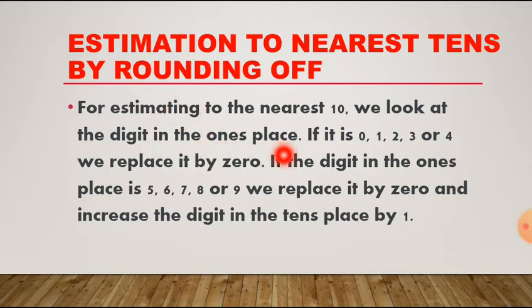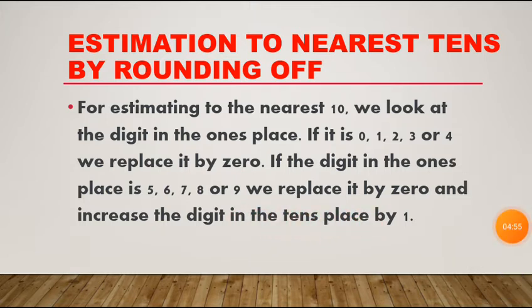One number will be given and you have to estimate that number to the nearest 10. That time you have to check the digit in the ones place. You know the number has some places, ones, tens, hundreds, thousands, like that, isn't it? So, you look at the digit in the ones place. If the ones place digit is 0, 1, 2, 3 or 4, we replace it by 0. If the digit in the ones place is 5, 6, 7, 8 or 9, then we replace it by 0